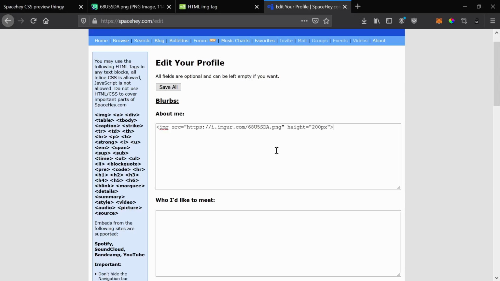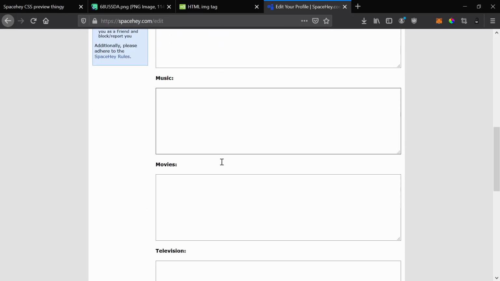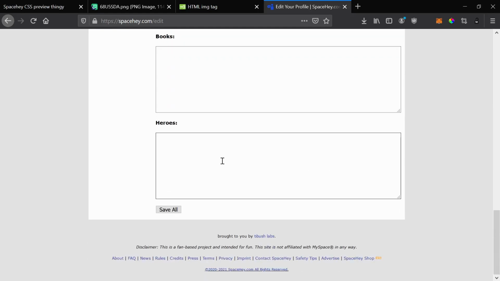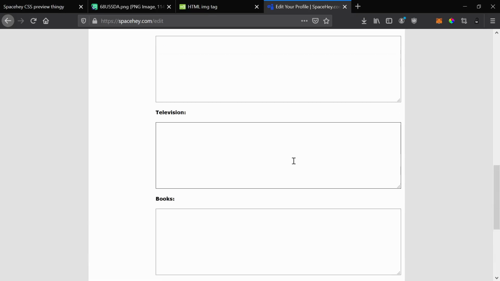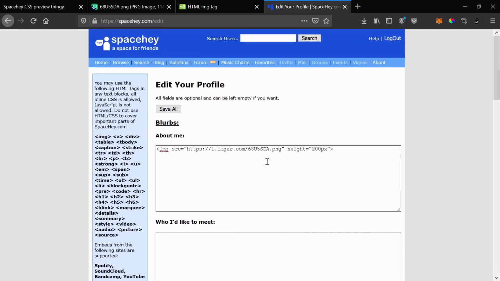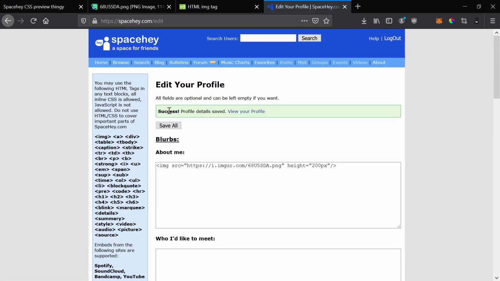So to demonstrate that, I'm going to put it in the About Me, and I'm also going to put it down in Heroes, just to show you that it will go in any of these boxes. And so if we just click Save All, we can see that it's now successful, and we'll go to view our profile,